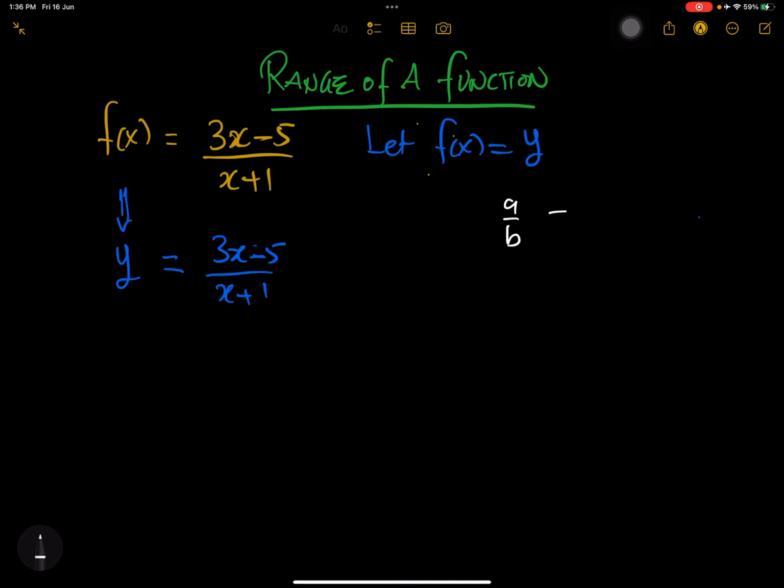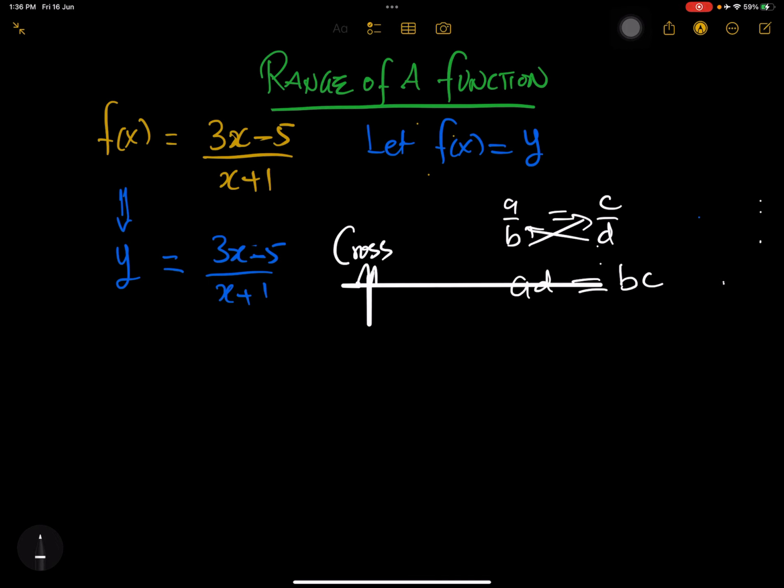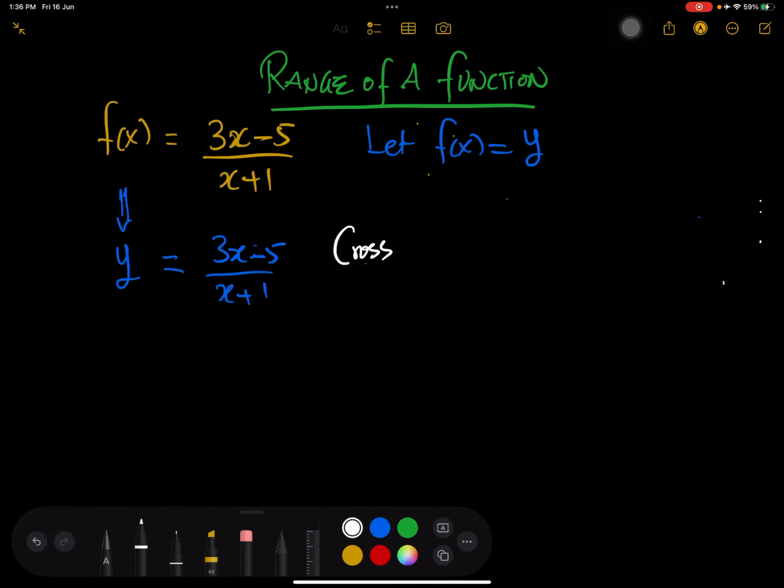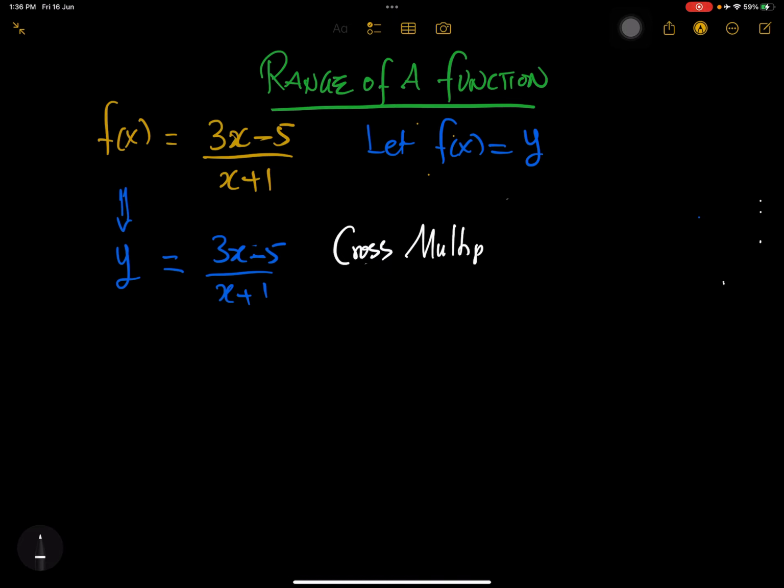we said that if you have a over b being equal to c over d, we cross multiply. This multiplies this, we get a times d is equal to b times c. So we're going to cross multiply. We cross multiply. And if we are doing that, we're going to get y is going to multiply x plus